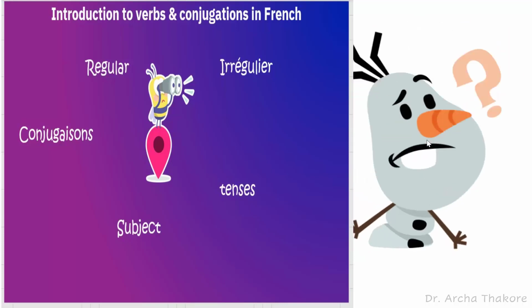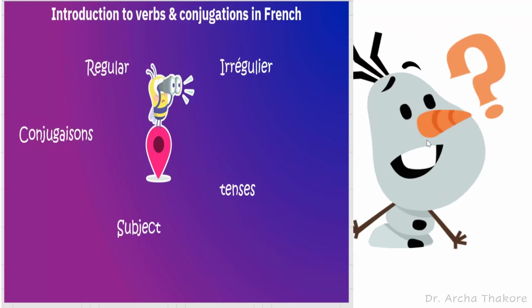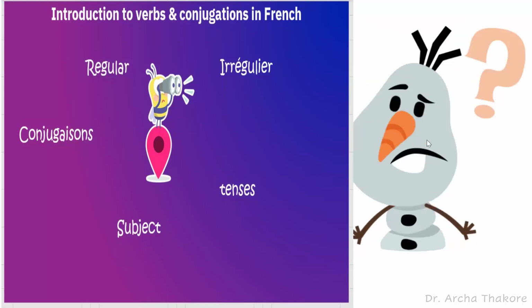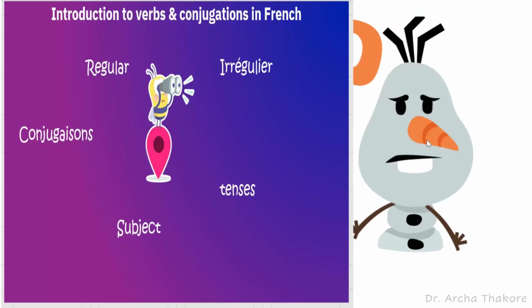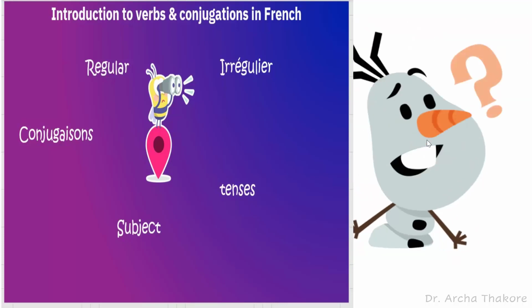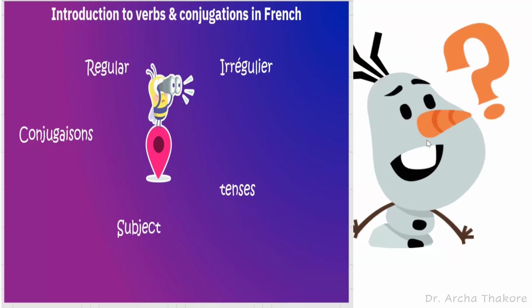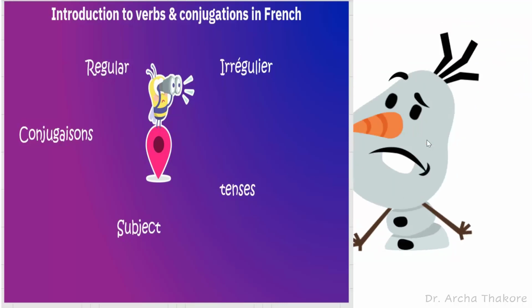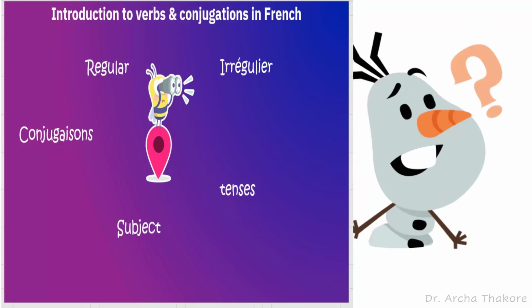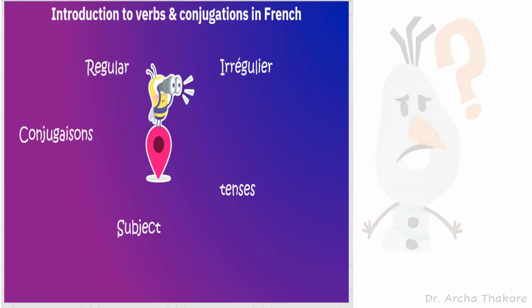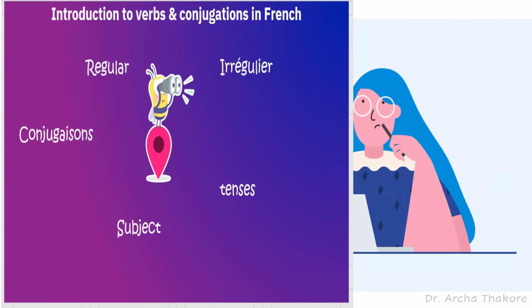Same way, so why are they changing? They are changing according to the subject of the sentence, the person that is used, and the tense. There are other variables also, but at this stage you just need to know that verbs remain in their absolute form and change form as per the subject and the tense. That much should be enough. Now, how do they change?